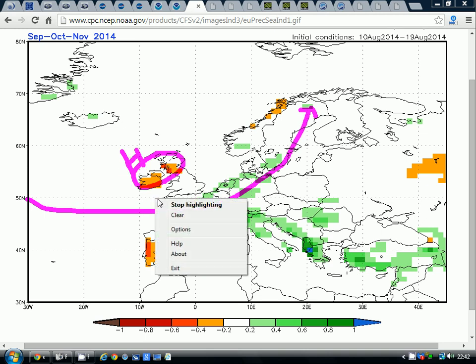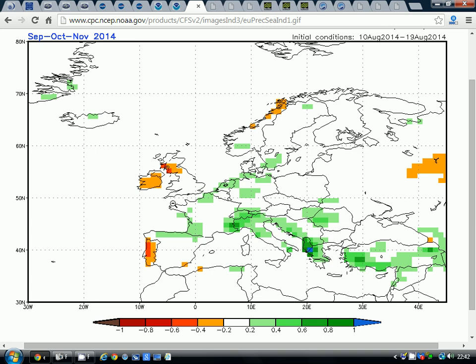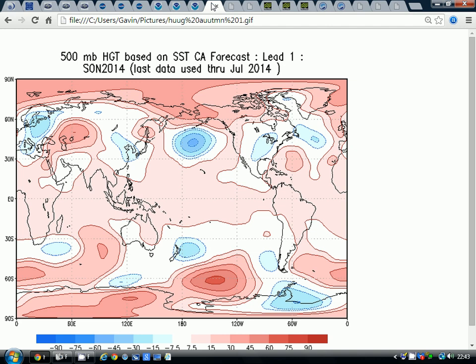But it's hard to make out what's going on there, but I think overall, despite those splotches of drier than average for Scotland, that's an unsettled signal really for the autumn that is being predicted from the CFS model. And it might not be all that warm either, because I think the jet stream is more or less trending just to the south through this wet zone here from northern Spain into France, going up to Germany. I think the jet stream is really through there, so we're almost more or less on the coldest side of the jet. So it could be a fairly cool autumn, probably quite unsettled, maybe particularly unsettled down to the south.